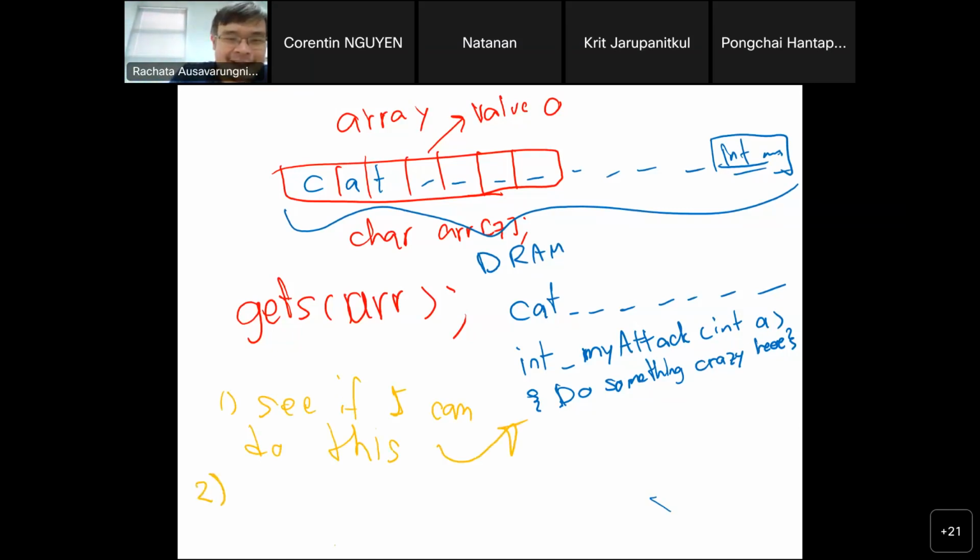The second step, which is this part, the number of junk characters. Basically, figure out the number of junk characters that I have to put in, right?